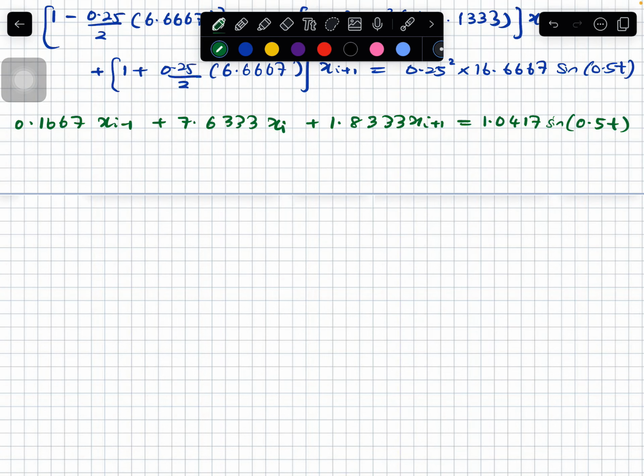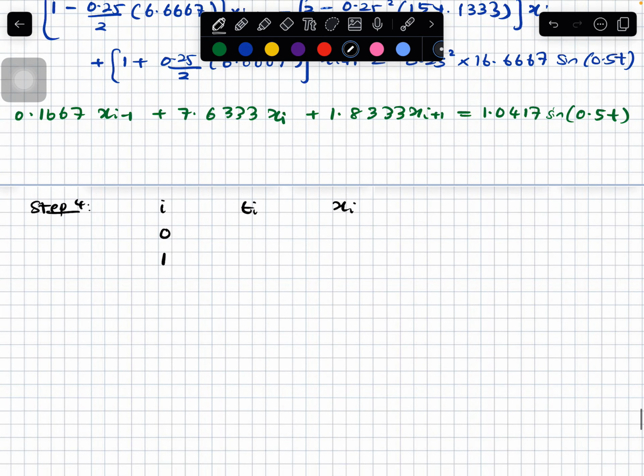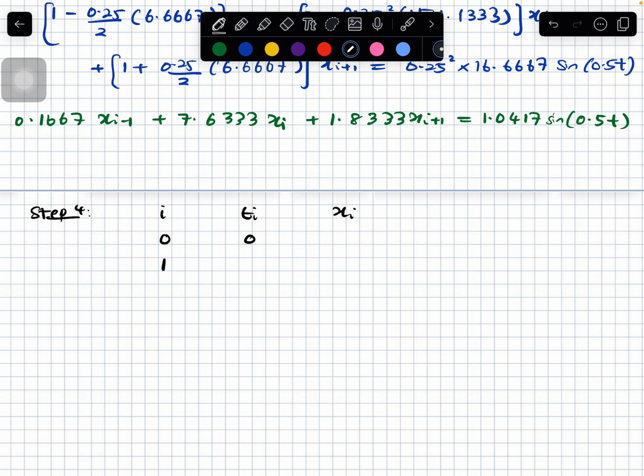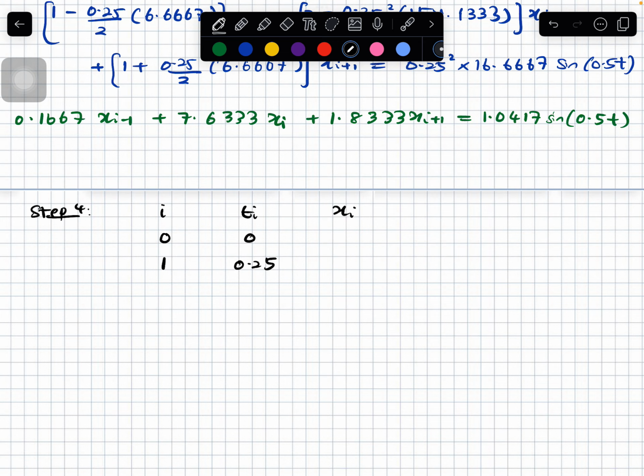Okay, in the next step, we want to construct a table: the iteration number, ti value and xi value. I start from 0, 1. Okay, and t begins with 0 by using the step size of 0.25. We need to iterate until it reaches 1, and we stop because that is the boundary value. Okay, so we have 4 iterations,